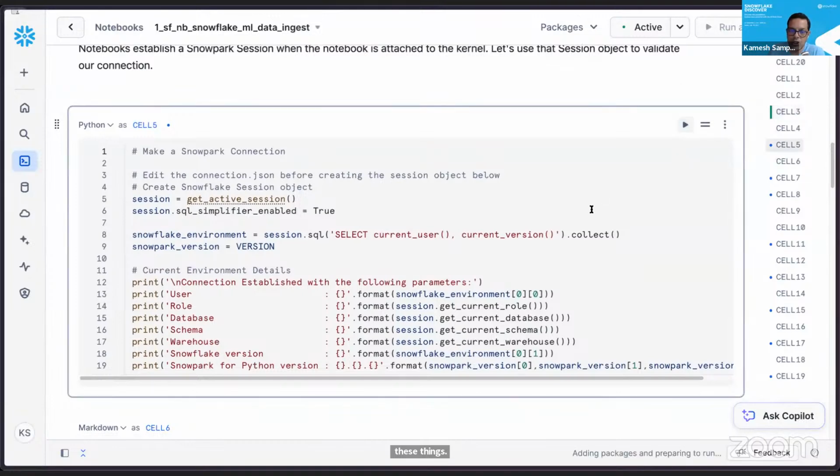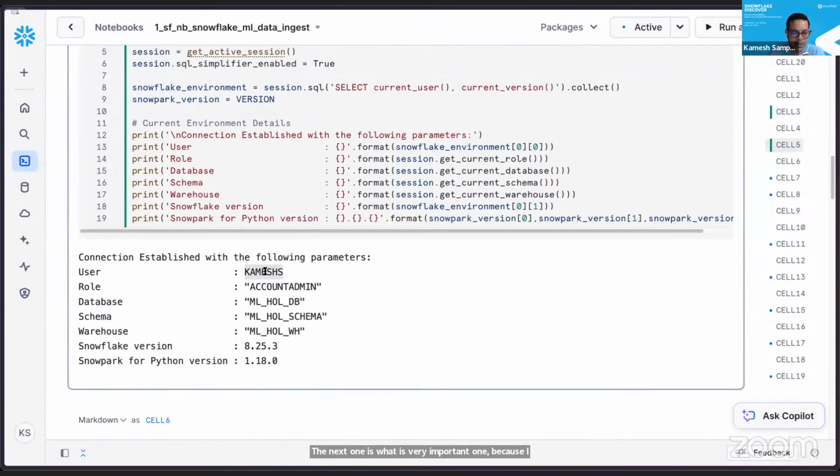Okay. The next one is very important, because I need to make sure that I'm on the right database and user role. The database is MLHOLDB. Obviously, the one which you selected during notebook creation is what gets listed here. The schema is also the one selected at that time. And the Snowflake version and Snowpark Python version that you're going to use are listed. One thing I want to highlight: in case you're talking to the community or raising a bug with Snowflake, make sure that you grab these versions. You can copy them from the notebook to find out which Snowflake version and Snowpark Python version you're raising your bug against. This is very important when you want to talk to the community or developers about the errors that you're facing.